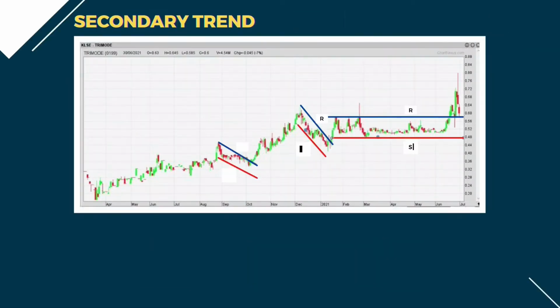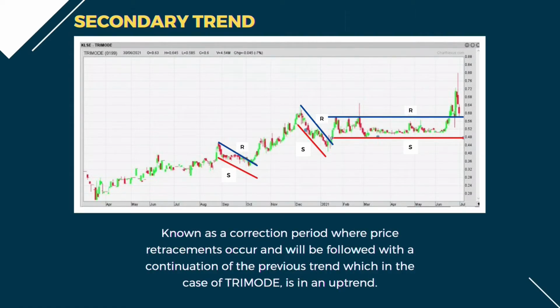For secondary trends, looking at the chart, there are three secondary trends, in which two are in downtrend and one in sideways. It can be seen that each of them was followed by a continuation of the uptrend after a valid penetration above the resistance level. On 18th July 2021, Tri-Mode experienced a period of consolidation due to equal forces of supply and demand. After months, it can be seen that Tri-Mode broke the resistance at RM0.58,